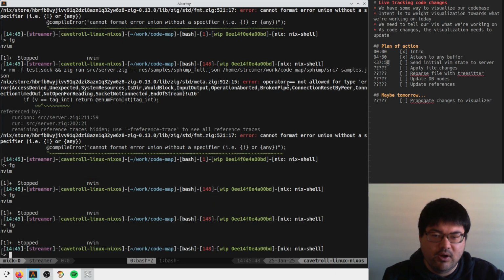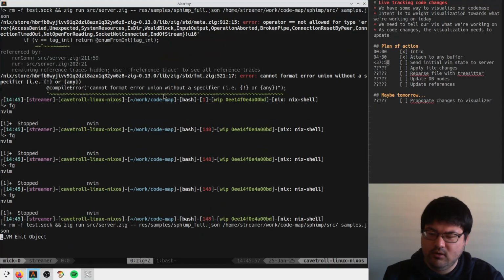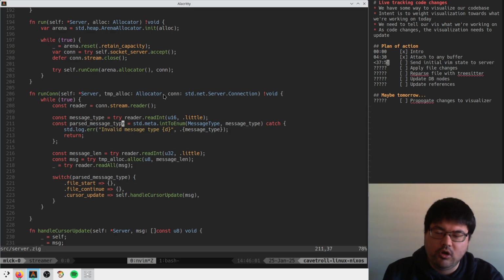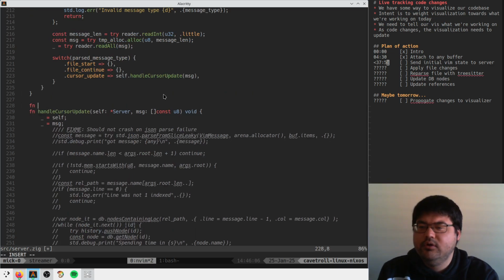So this is what we want. Operator equals not allowed for this type, u16, which means that this guy had to be tried probably. Okay, cool. So we're up and running, and now let's do handle file start